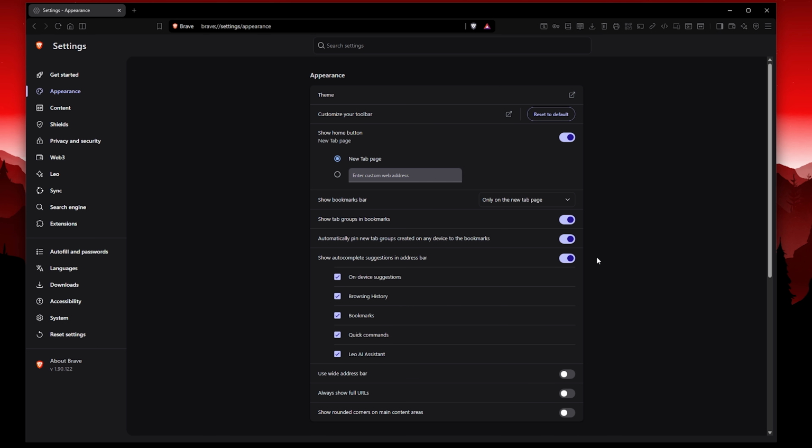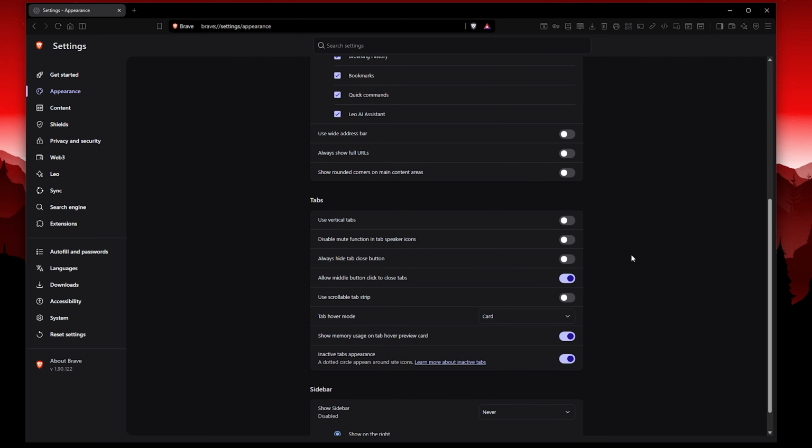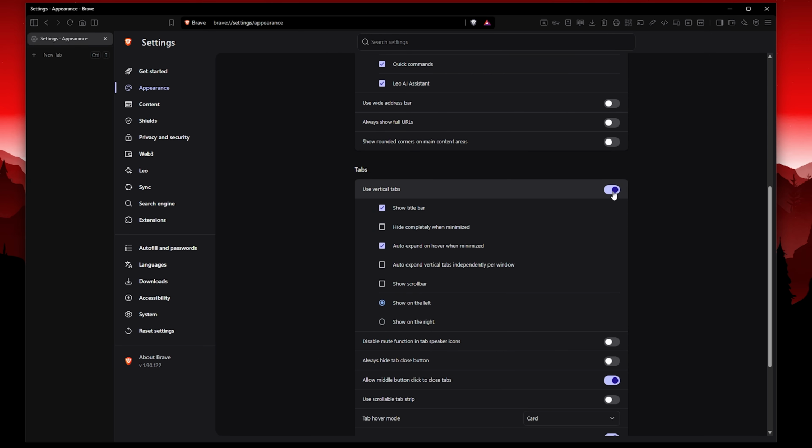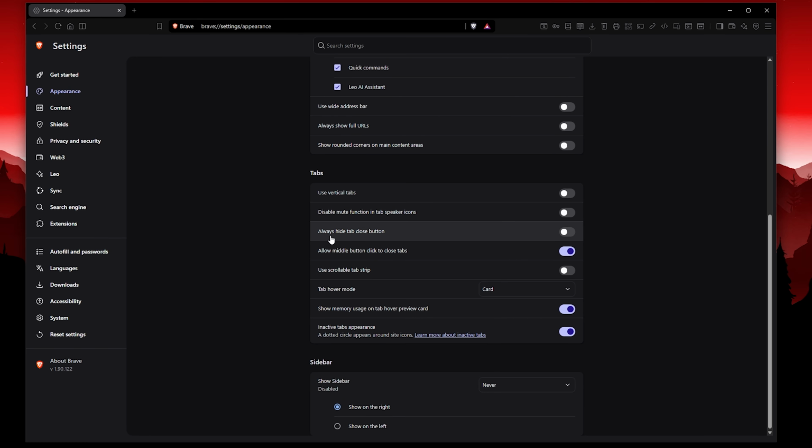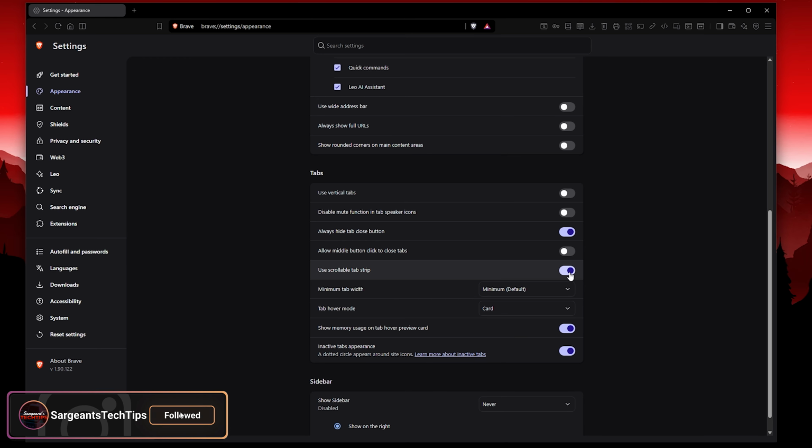In terms of appearance, you really don't have much else other than the customized toolbar, which we just looked at. You can actually use vertical tabs, which I don't know why you would. You can always hide the task button. So if I hide that, okay, I just use my middle mouse wheel to close browsers, so honestly that wouldn't be a bad thing to hide. You can use scrollable